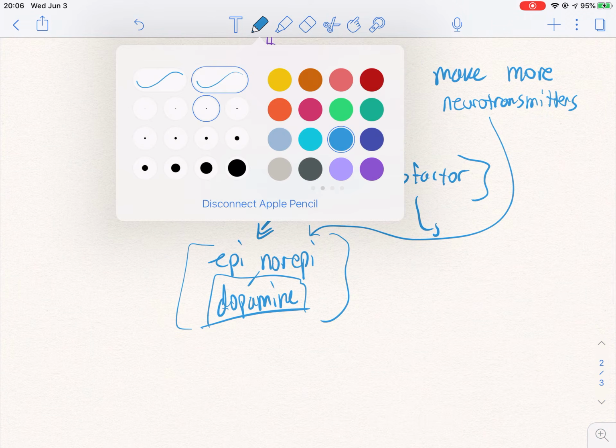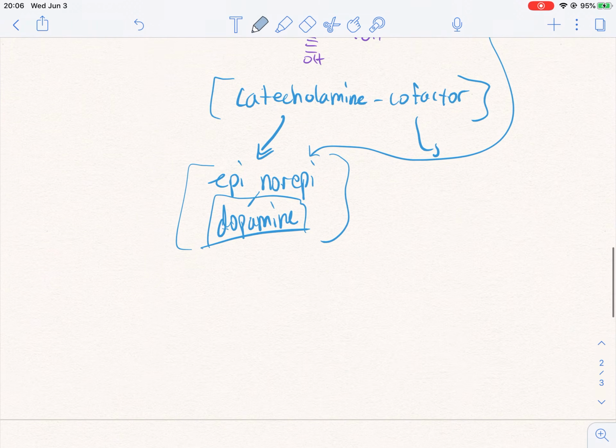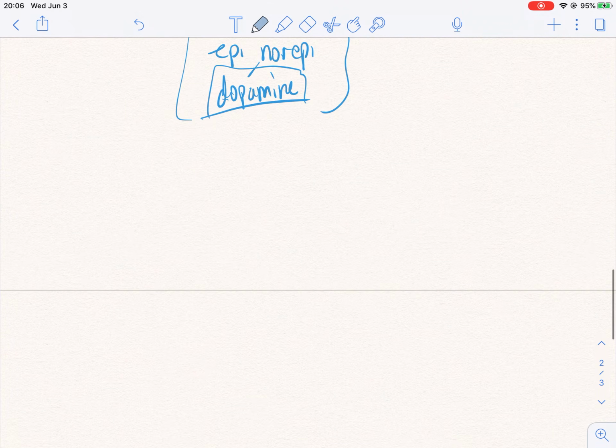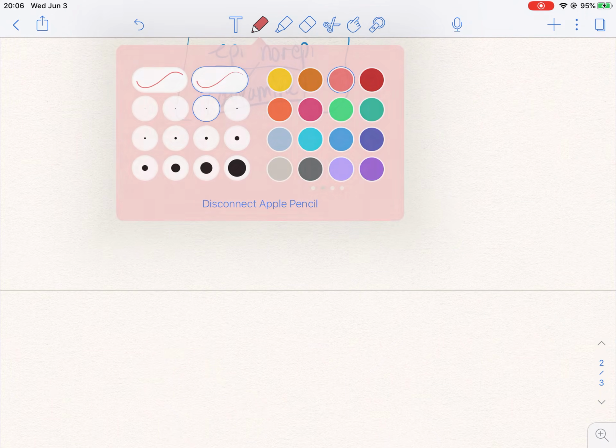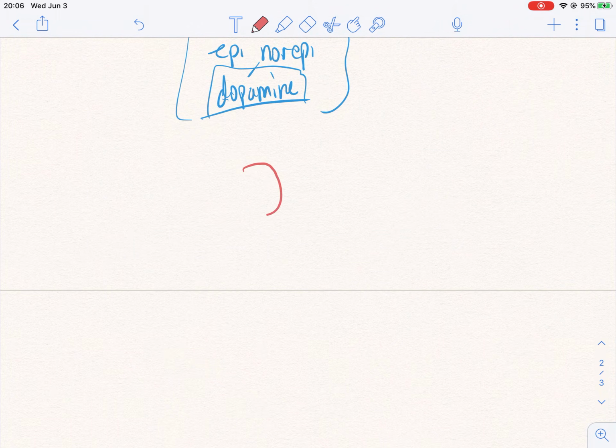I want to draw a little picture out. Where does this happen? Turns out that